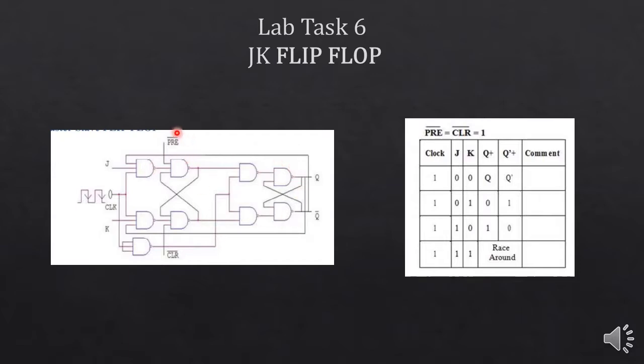You can call the first flip-flop the master flip-flop and the second flip-flop the slave flip-flop. When the clock input is 0, the second flip-flop will be in working condition, and when the clock is 1, the first flip-flop will be working. Also you can see when the clock is 0, the first flip-flop will retain its state and the second will be producing the output. Similarly, when the clock is 1, the second flip-flop will be retaining its state.